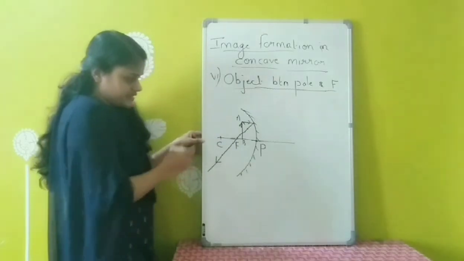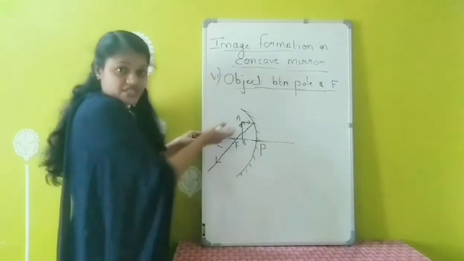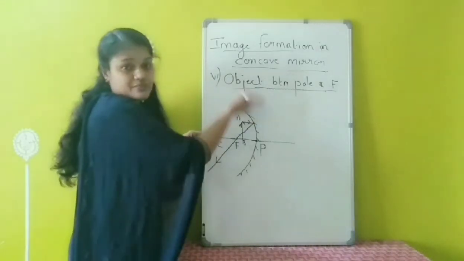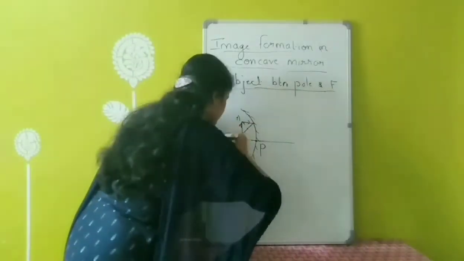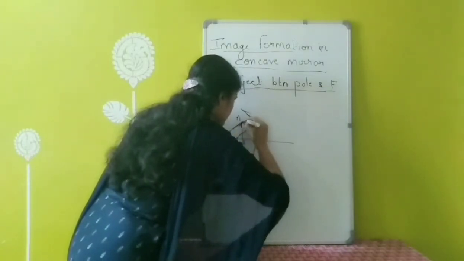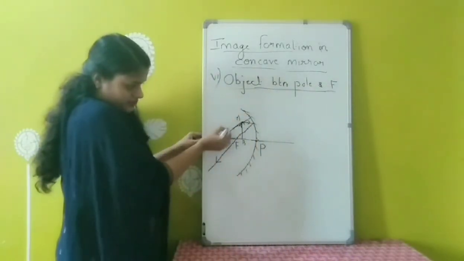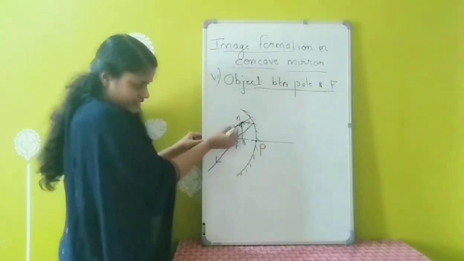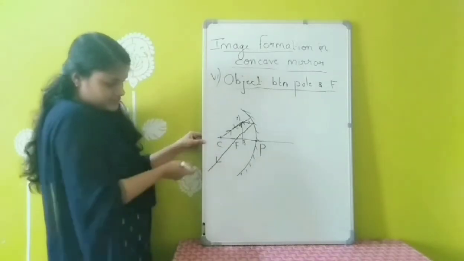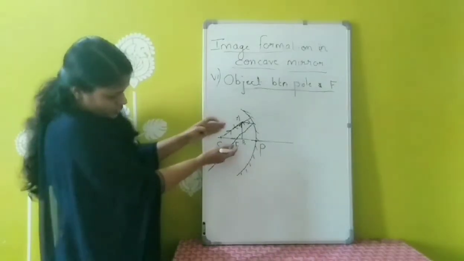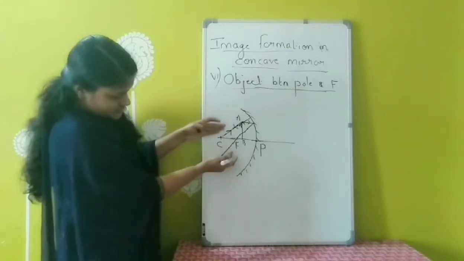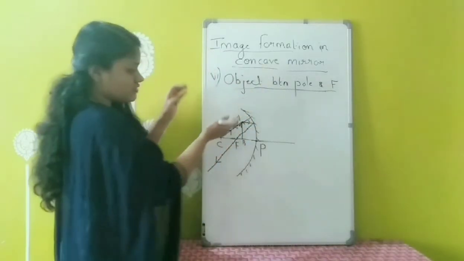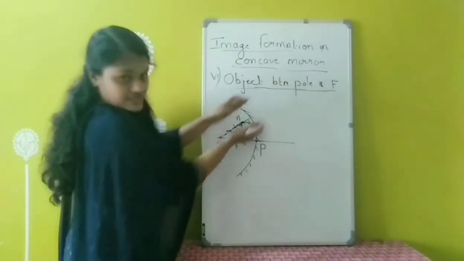So, next one I am taking a light ray which is passing through center of curvature. A light ray which should touch center of curvature as well as object as well as mirror. Consider one light ray passing through center of curvature. What will happen to this light ray? It may retrace back. So whether the light rays are meeting anywhere? No. But they are not going as parallel. So from this picture we can identify that these light rays can meet somewhere on this side. So I am extending these reflected light rays on the opposite side.